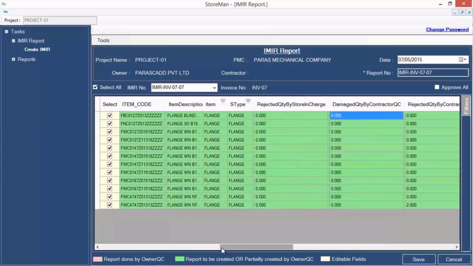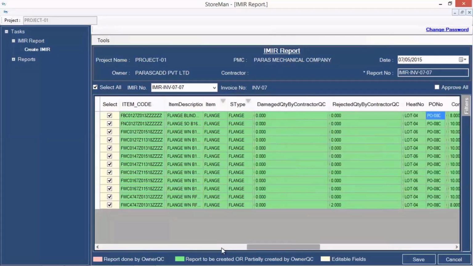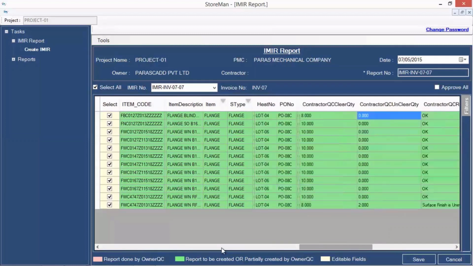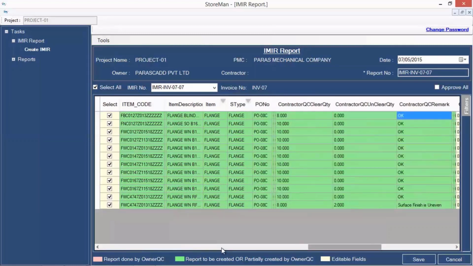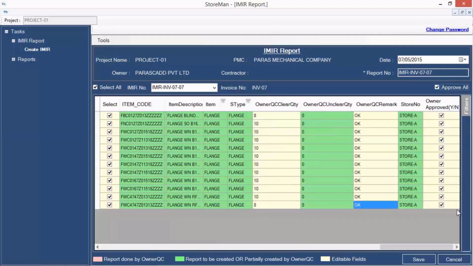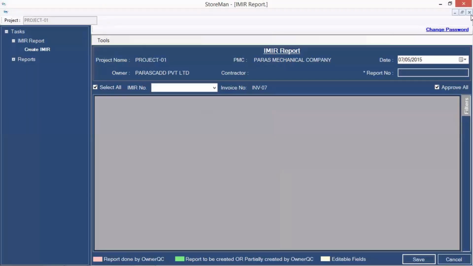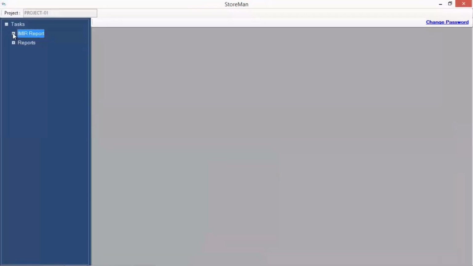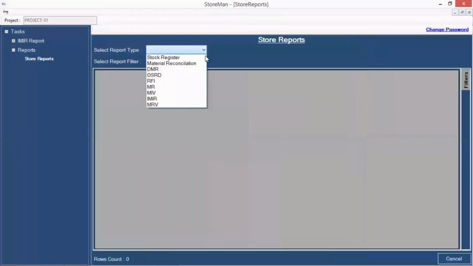And he will also monitor and track the existing clearances provided by the store department as well as by the contractor QC department, and the owner is further providing their statuses. Now there are chances the owner may also reject some of the quantities, and then again OSRD will be re-updated and the latest copies will be eligible for the vendor's submission. So that was the start to end process.